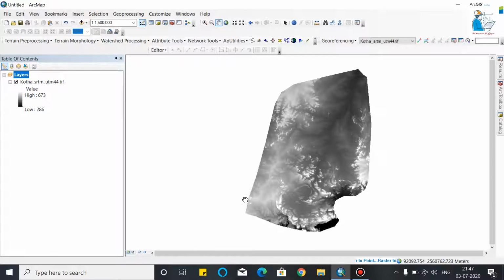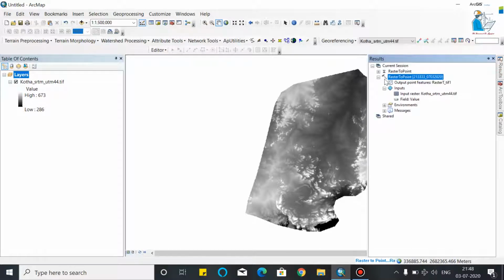If your digital elevation model is large, then it will take time. As your Raster to Point is converting, you can also check in the Results section. Raster to Point is under progress.